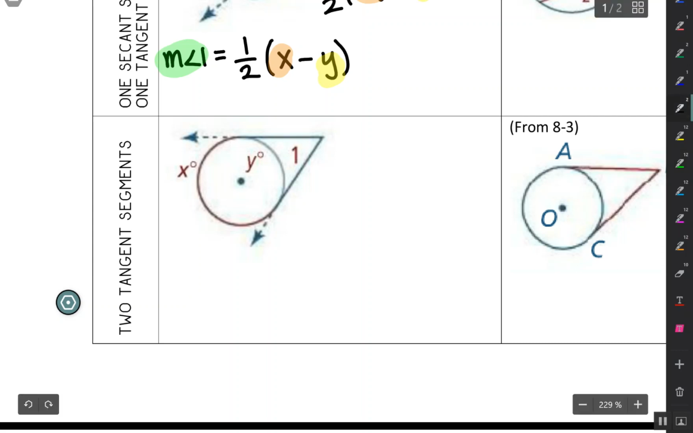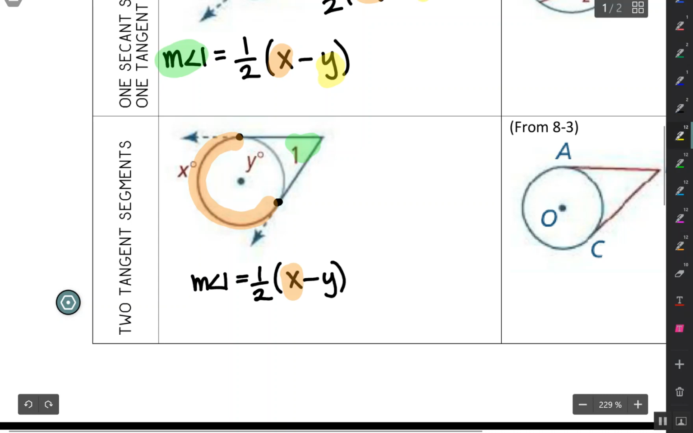In the third case, we've got two tangent segments. So we have two segments that only intersect the circle once, and you have this angle out here created. So once again, the formula is the measure of angle 1 is 1/2 the big arc, which is x, minus the little arc. Okay, we've got our big arc